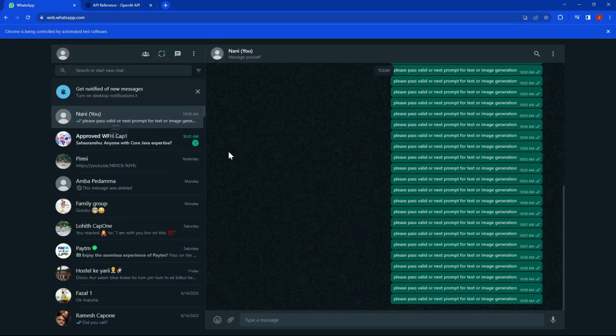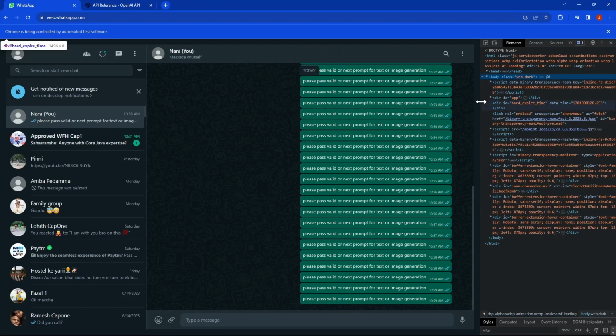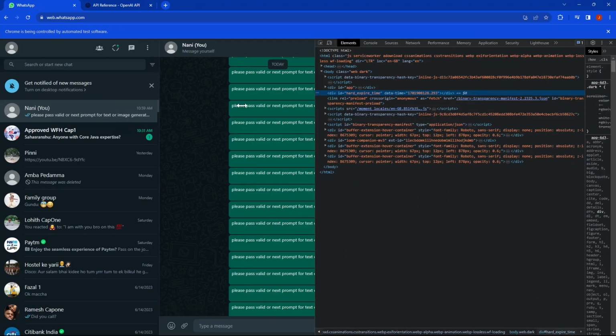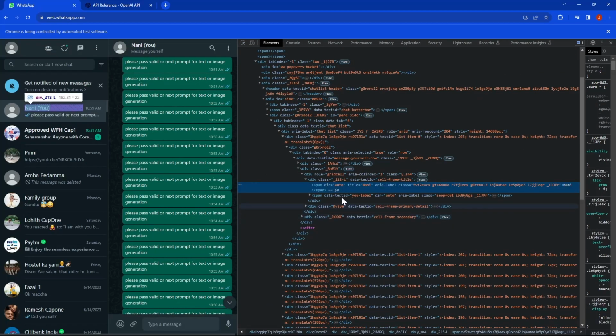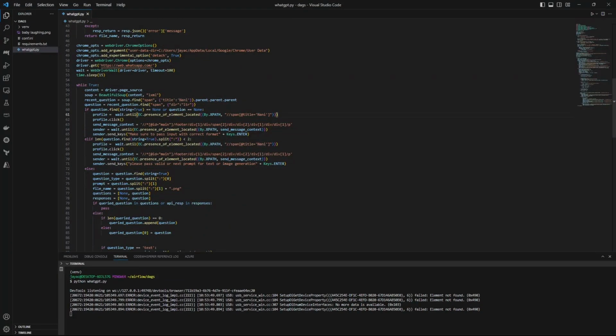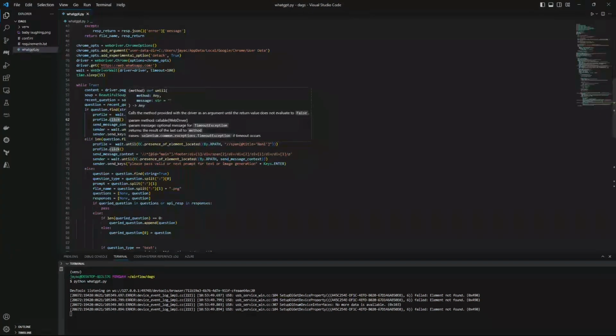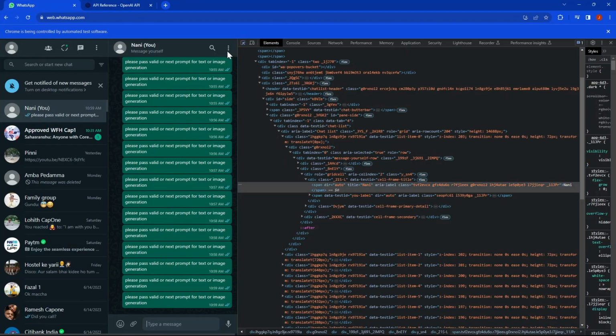Let's see, I'll show you guys live what this means. So if we see here, this is a span element with the title Nani. If I click on this, my page will be open. So that's why I'm using that XPath, and once we click on it, we will go to that page. So whatever we click, if we click on any other page,